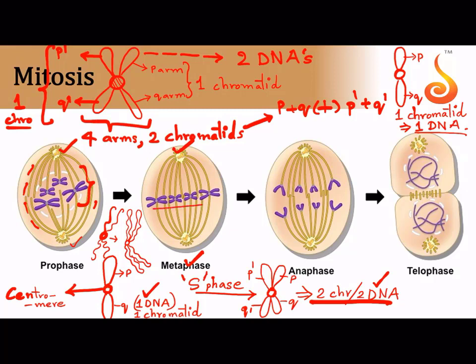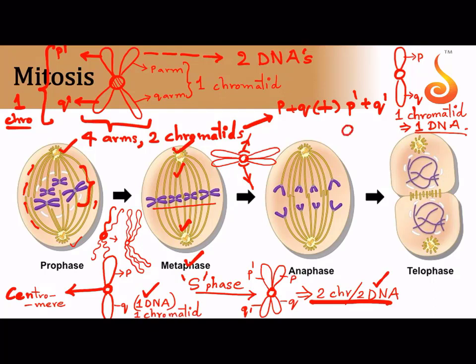Now see how all the chromosomes have aligned at the equator in a single line. This is what is called metaphase. And if this is a chromosome that has come to the center, each chromosome will have two chromatids, like I told you, two DNA molecules. On either side of the centromere, there will be a proteinaceous covering called kinetochore. Each kinetochore attaches to the corresponding spindle fiber from the upper pole and from the lower pole. So remember, the spindle fibers are not directly attached to the centromere. The spindle fibers are attached to the kinetochore, which is a proteinaceous covering.